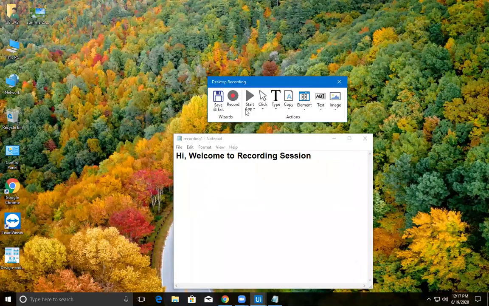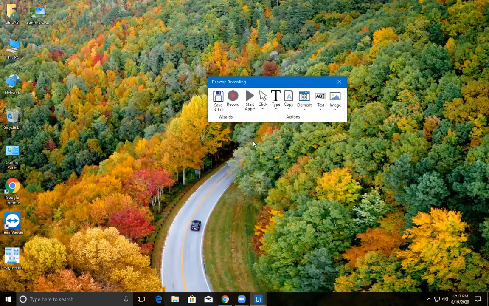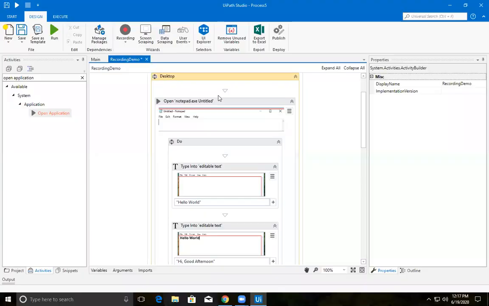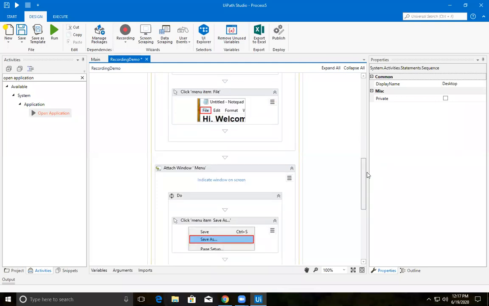So after that, we can close it. So where we can find, we can just close the app. So it will select the application. Okay, close the app. Which application do you want to close? This notepad. So it has been closed. Now let's save and exit. So it will return back to your Wavepad Studio. So these are the list of sequences that have been recorded.